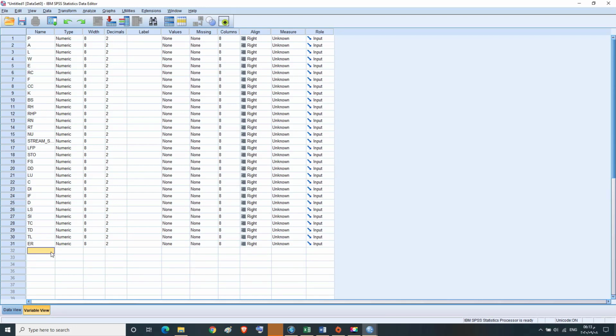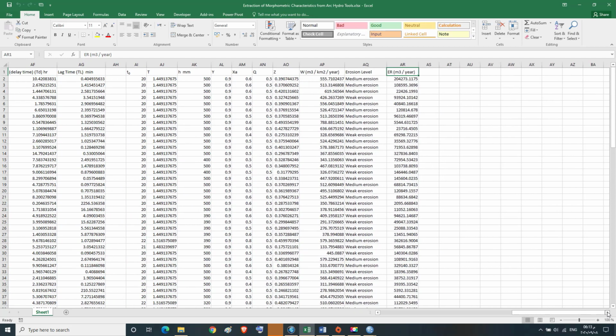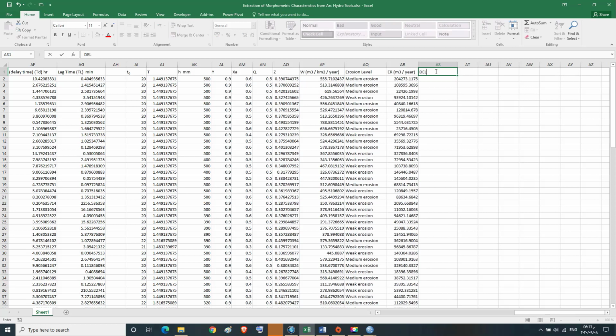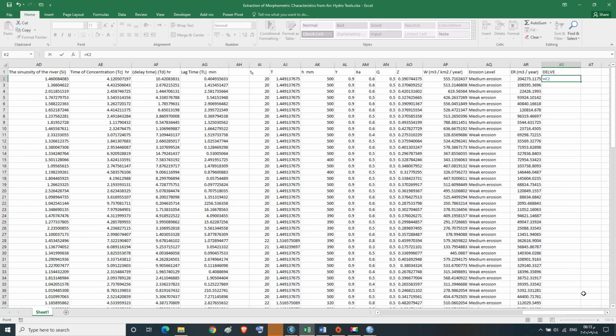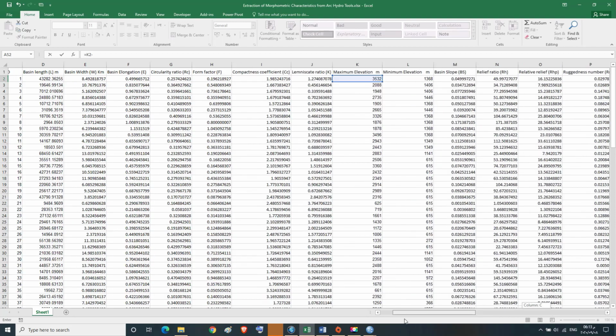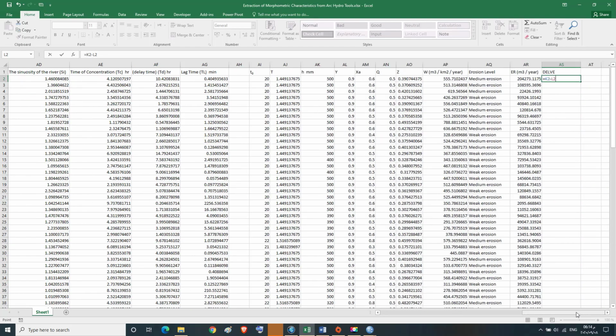After entering all the characteristics and parameters, we add another characteristic which is difference in elevation, where we go to the Excel file and in the first line of the next column we type difference in elevation, DELEV, and in the second line we type the equation for difference in elevation, which equals the maximum elevation minus the minimum elevation, as we see.